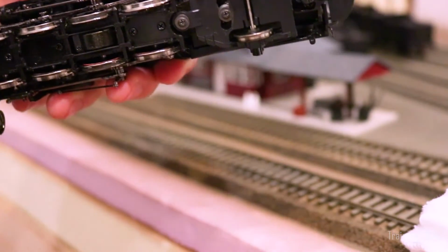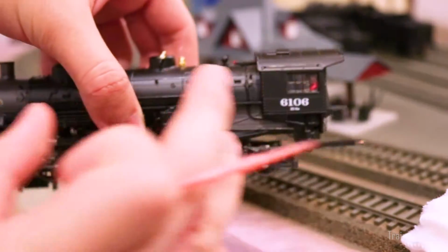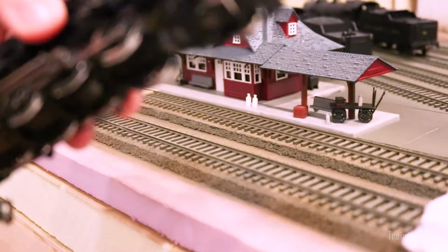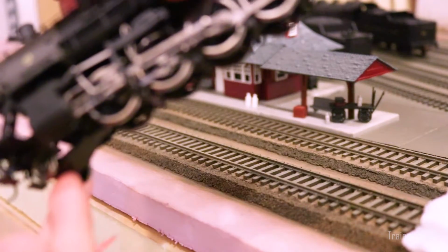You can choose to have them or have them without. I have them on because this engine's pretty light for its size. It's actually not really balanced. The back is heavier than the front, and so it kind of runs poorly, so that's why I have the traction tires on. Besides that, the trailing truck and lead truck are both sprung. However,